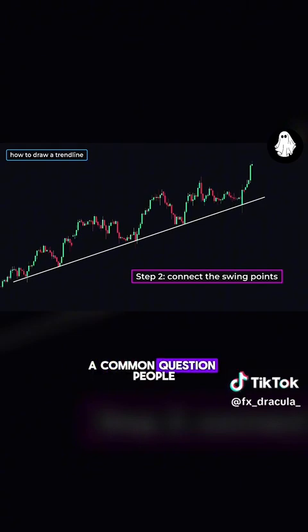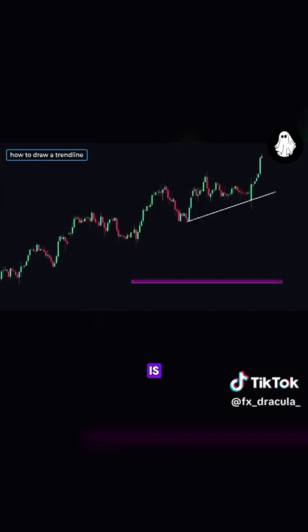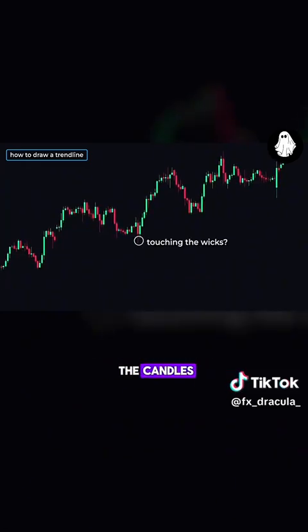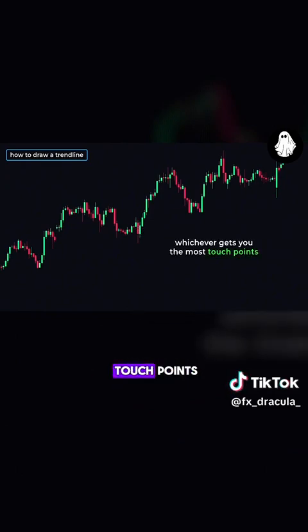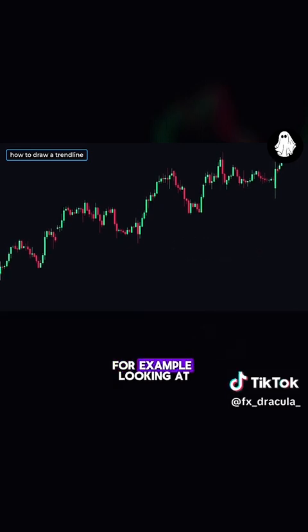Now, a common question people ask when drawing a trend line is, should I draw them touching the wicks of the candles? Or should I draw them touching the bodies of the candles? The answer is, whichever gets you the most touch points. For example, looking at this chart,